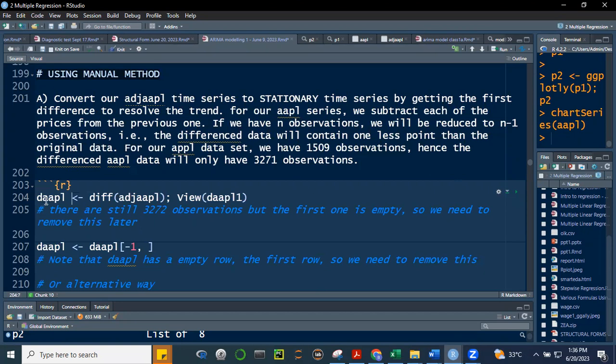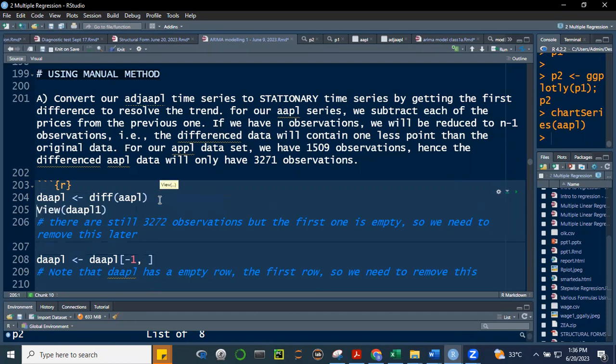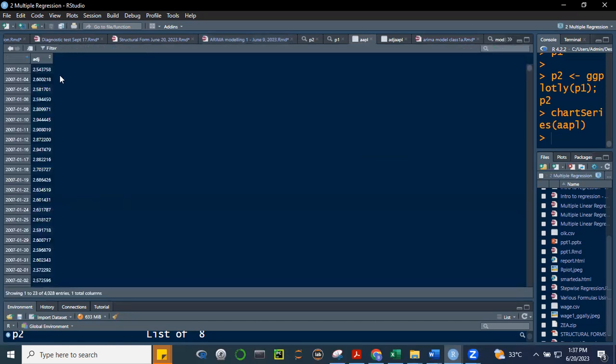Sige, so let's create this object, DAAPL, which is the difference of AAPL, no? And ito yung function niya, difference AAPL. So what it's going to do is, it's going to generate a new time series,